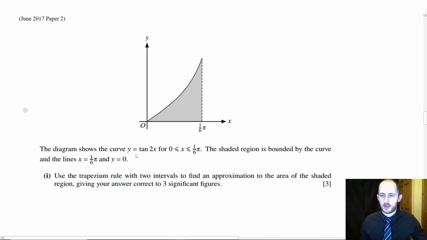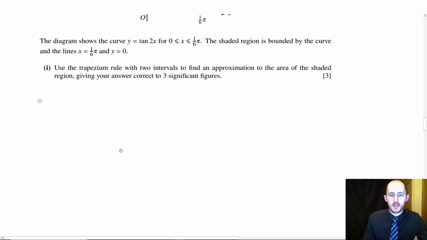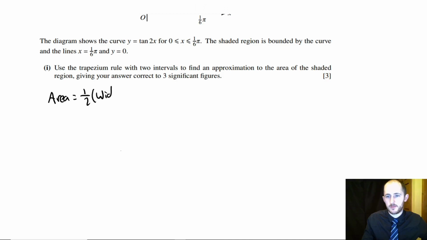So the diagram shows the curve y equals tan 2x between 0 and a sixth of pi. The shaded region is bounded by the curve and the lines x equals 1 over 6 pi and y equals 0. Use a trapezium rule with 2 intervals. Okay, so here is the trapezium rule. It's a bit of a lengthy formula. I'm going to write it in words because I find that the letters can be a bit confusing. So the area under a curve is equal to a half times the width of a strip